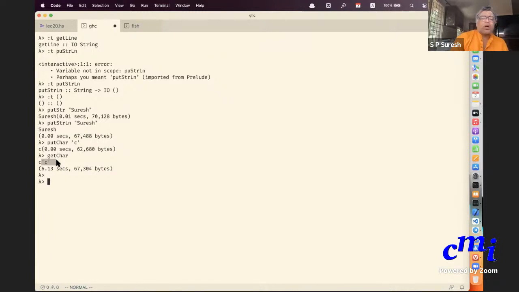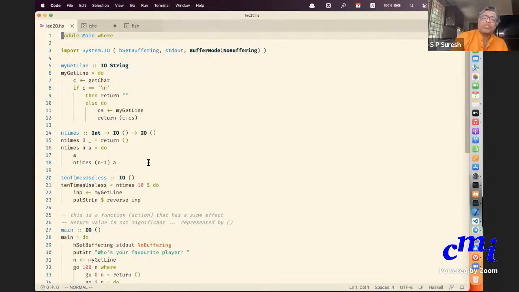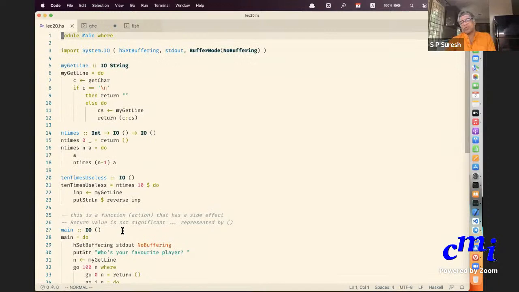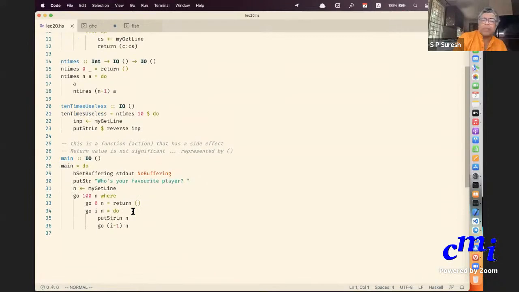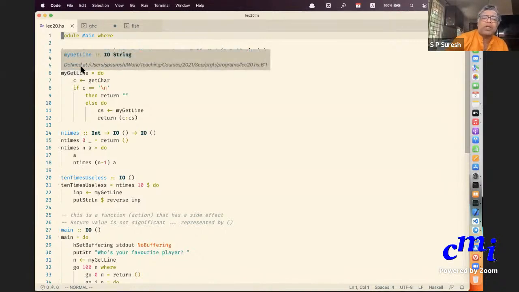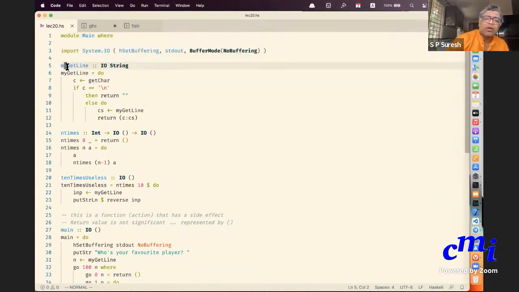Then what else did we see? putStrLn, getChar. Then we saw that you can actually repeat actions. First of all, you can chain actions, like here do is used to do one action after the other, and in particular we are looking at how you repeat actions. For instance, here is how you do your own version of getLine by implementing it in terms of getChar.